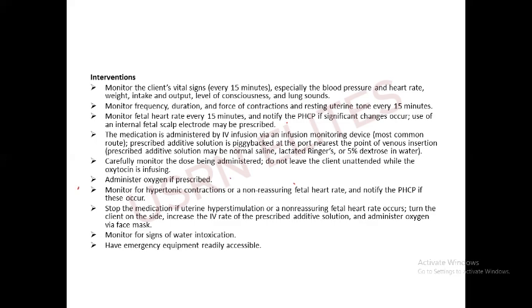Oxygen may be needed. So when you look at the various abnormal fetal heart rates or the non-reassuring fetal heart rate patterns we talked about, we said that oxygen plays a very important role, so oxygen administration might also be needed. You monitor,